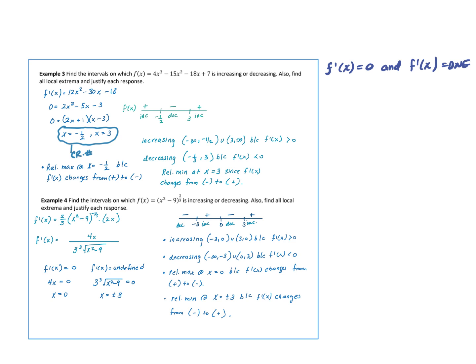Relative max, relative min. Same idea as velocity. Okay, we could say that f prime of x changes from negative to positive. That would be a minimum, and then a max would be positive to negative. So at each of those two x values. All right, then this one